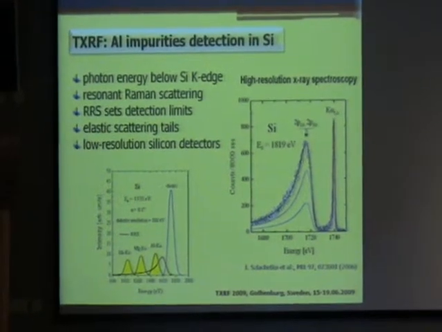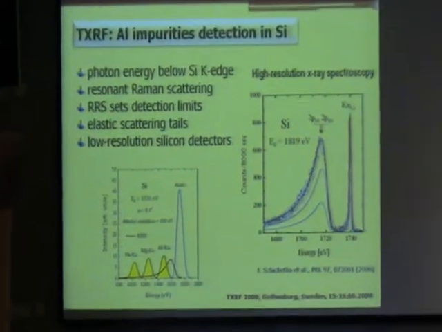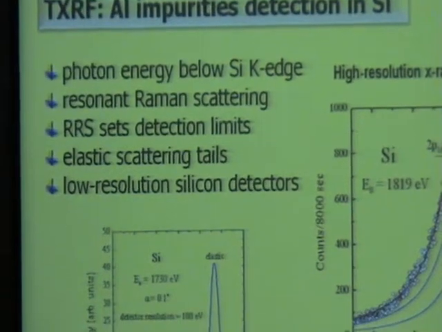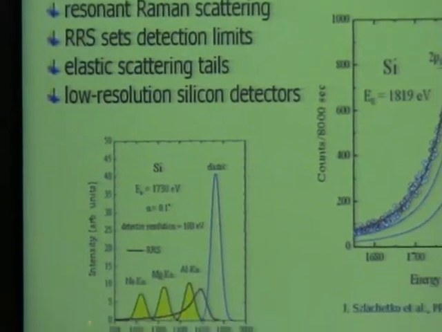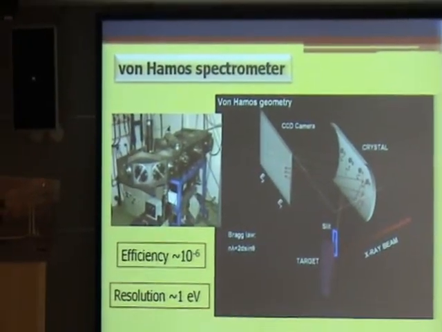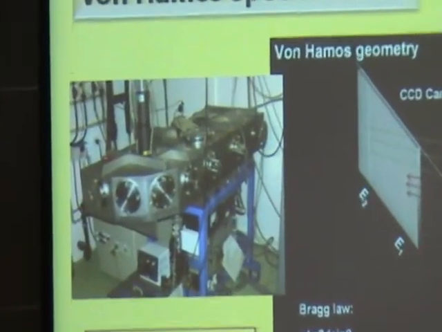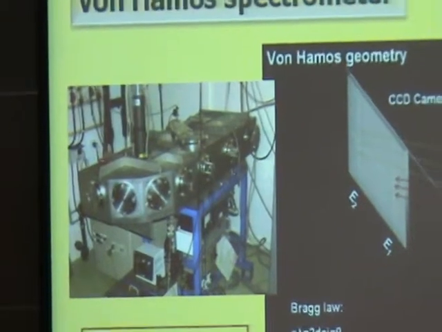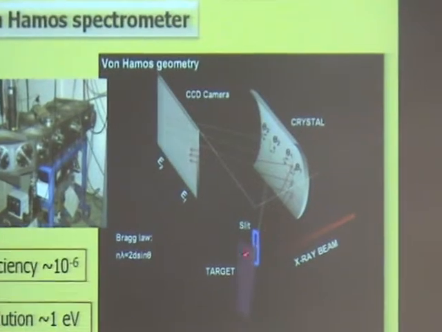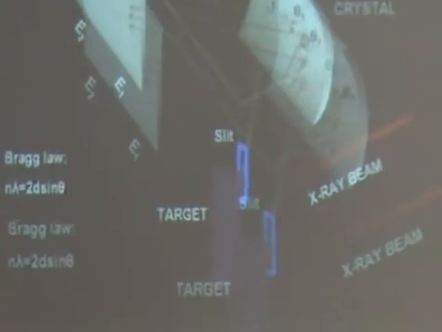So we started to work in this field just some years ago, and the idea was just to think how to avoid the resonance Raman scattering. A metallic band crystal is used to analyze the X-ray, and the image is just detected by the CCD camera. So there is a beam, target, and the X-rays are refracted and detected by CCD. Basically, in this setup, one can use slit, but as I will show you later, which was an important aspect of